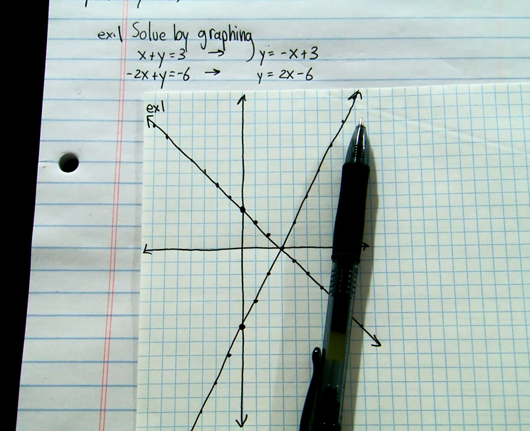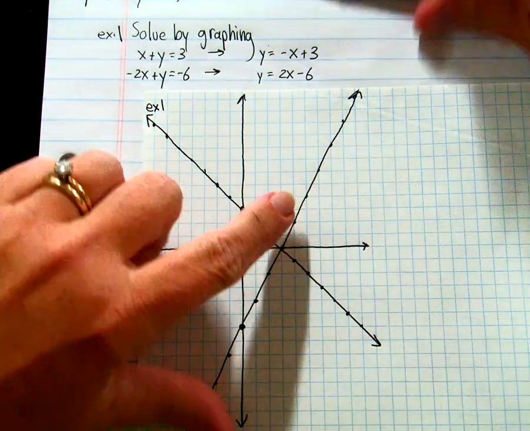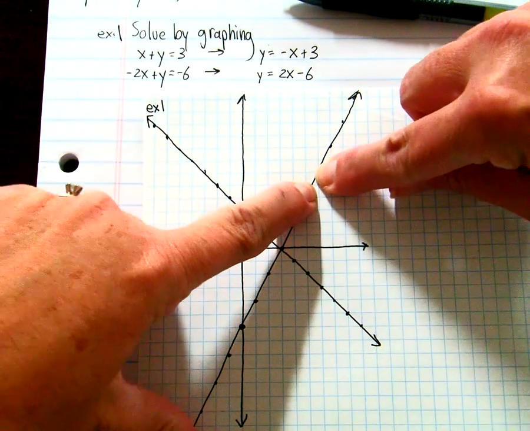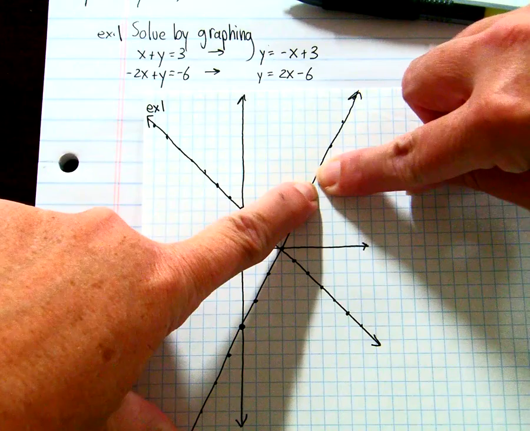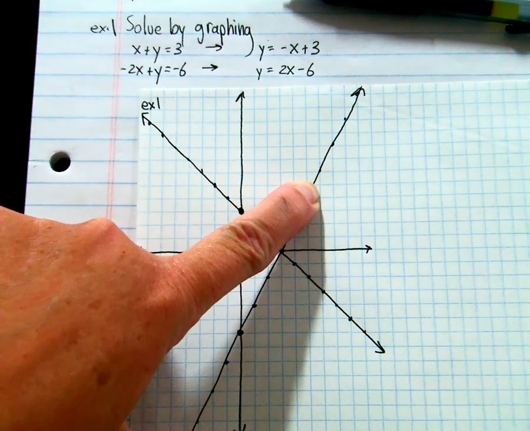Every point on this line is a solution to that equation, isn't it? Every single point on this line is a solution to that equation. Do you agree? In other words, look, you see this weird point right here? You see that right there between my fingernails? That unnameable, weird point right there,